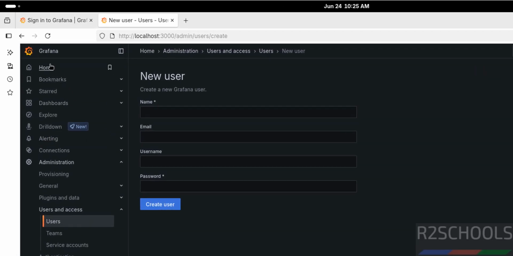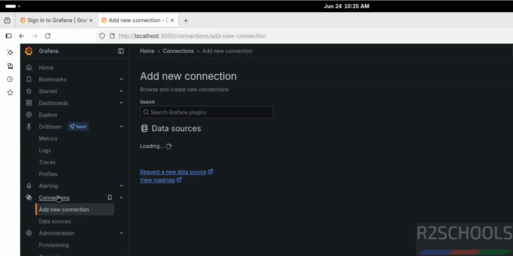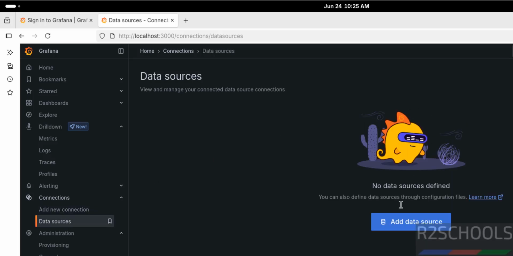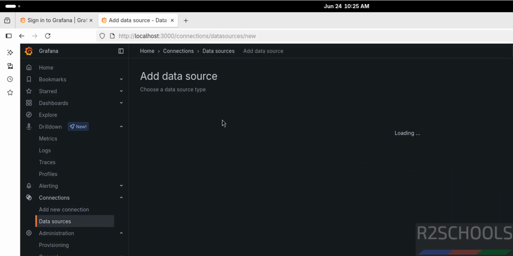Next, see here, bookmarks, start, dashboards, explore and new feature, drill down. In drill down we have the options like metrics, logs, traces, profiles, alerting. Okay, now we will see how to connect to PostgreSQL and MySQL as the data sources. Click on connections, then see here we have these options, then click on data sources, then add data source, then